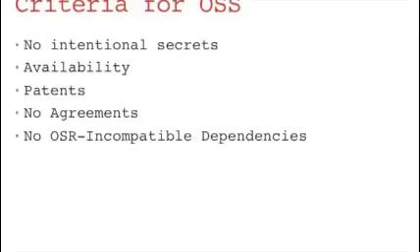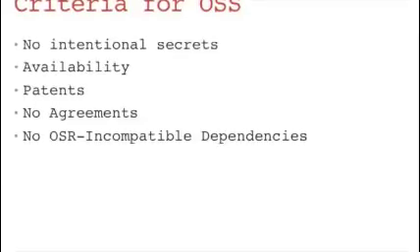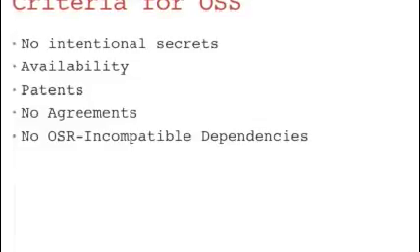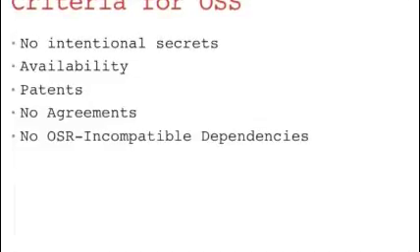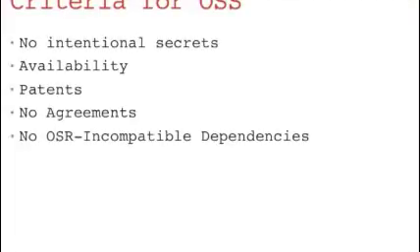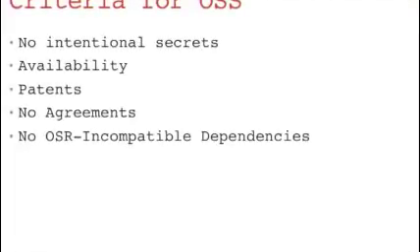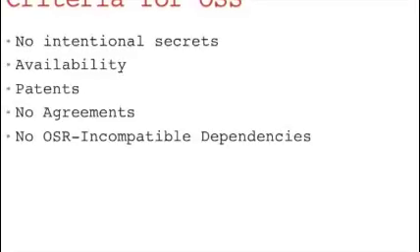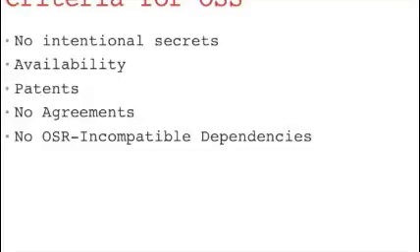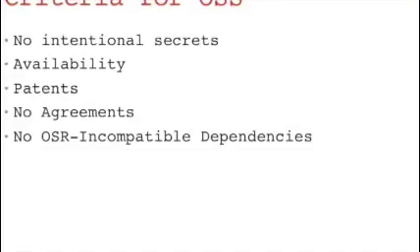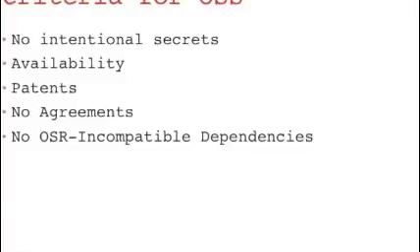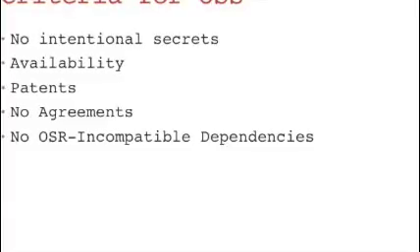Next, the software must also have patents. These necessary patents must be licensed under royalty-free terms for unrestricted use or be covered by a promise of non-assertion when practiced by open source software. There can be no agreements, meaning that there can't be any requirement for execution of a license agreement, NDA, grant, click-through, or any other form of paperwork used to use conforming changes to the software.